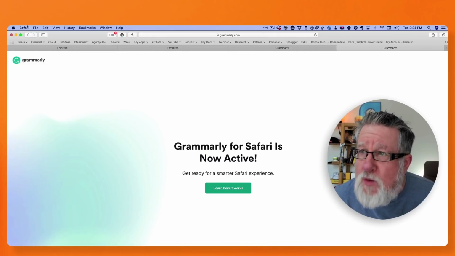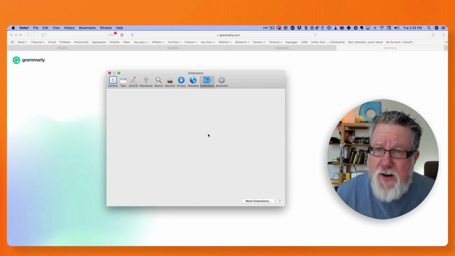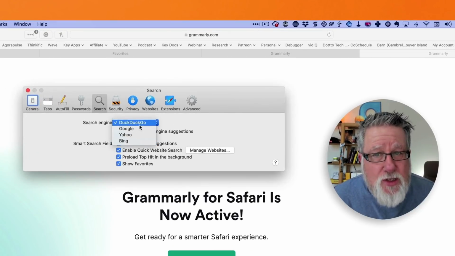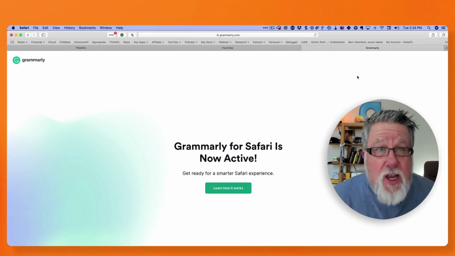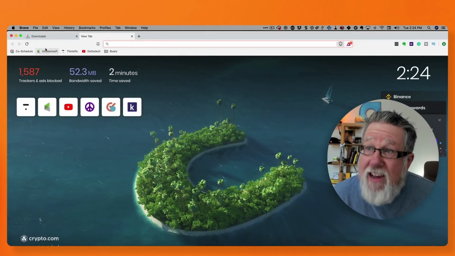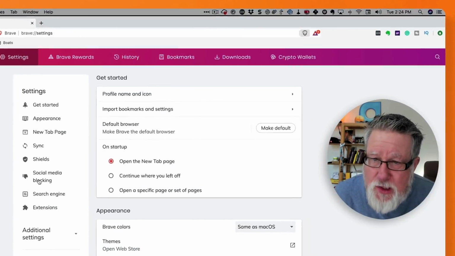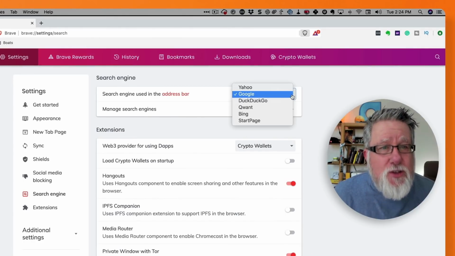I'm in Safari here. Guess what I can do in Safari? I go into Preferences in Safari, and look, it has the exact same option. Go into Search, and I can choose DuckDuckGo or Google or Yahoo if I want to search. Well, you want to see more examples? Let's go into the Brave browser itself, the famously mentioned Brave browser. We go into Search Engine, and we can choose the different search engines. So you have control over so many different aspects of your online wanderings when you start to customize your browser and look in to see exactly what you have control of, regardless of which browser you choose. Now, let me wrap things up.